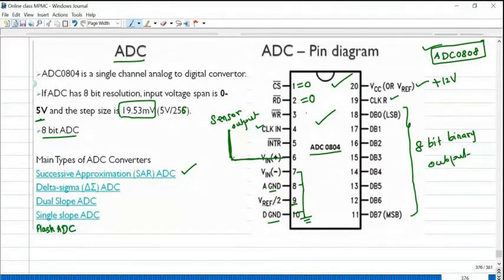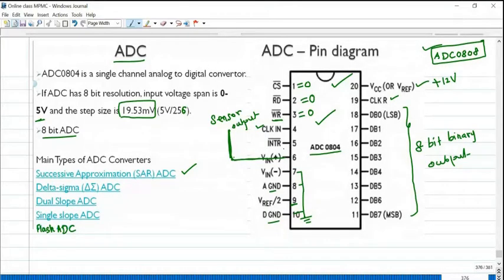To start the analog to digital conversion process, we have to make this write bar pin equal to 0. There will be some edge triggering, which I will explain in the next slide. Now just understand chip select is to select this particular IC. Read bar signal is to read the information from the ADC converter. The digital output is available in the successive approximation register. From that register only we are reading the data. Write bar is the control signal used to start your A to D conversion process.